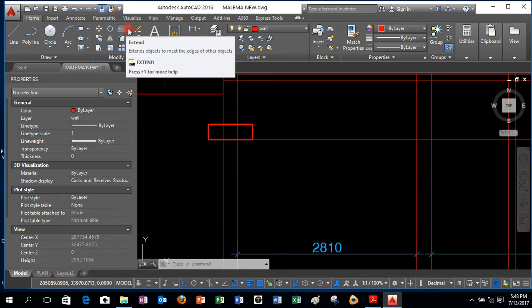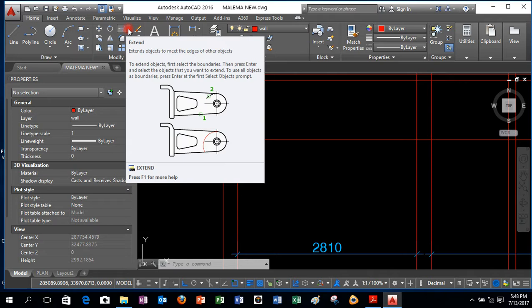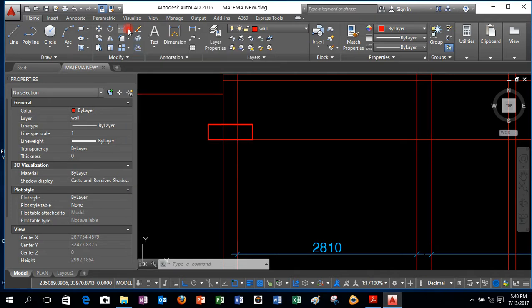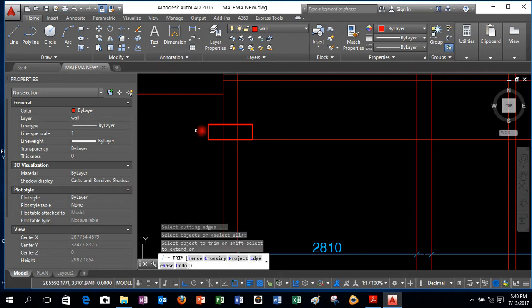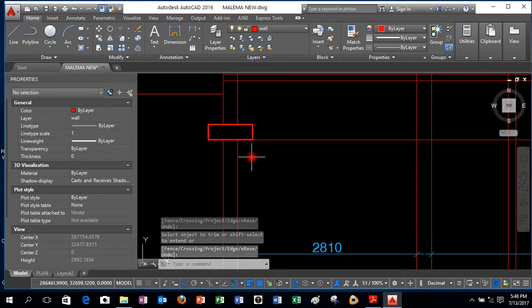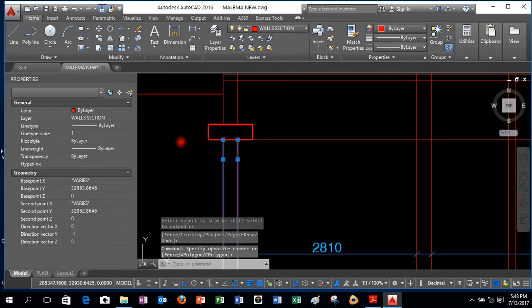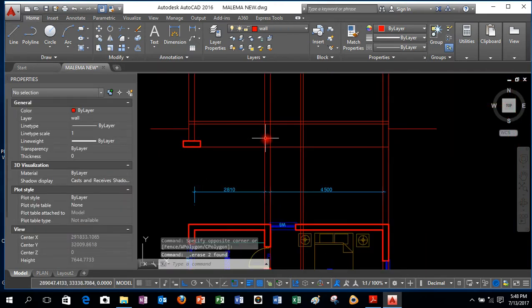This is going to be trimming the footing. So we have trim, and then you press enter. Then we remove this, and also remove that, and then we press enter. So we have that. We delete it, and then next we go to